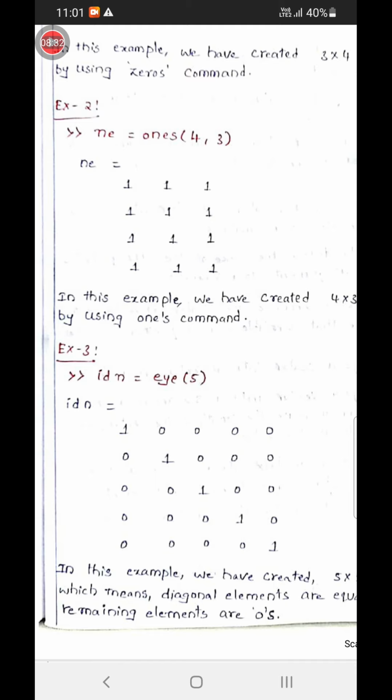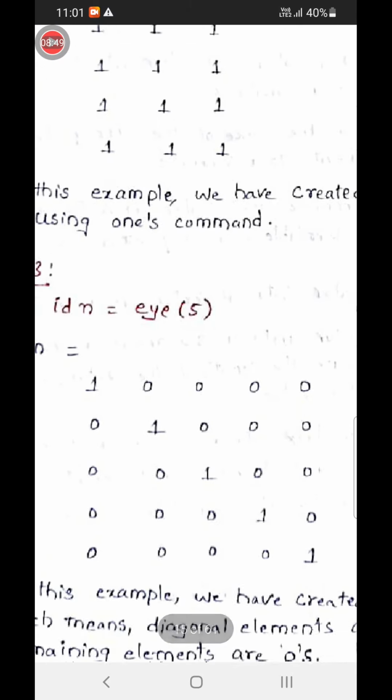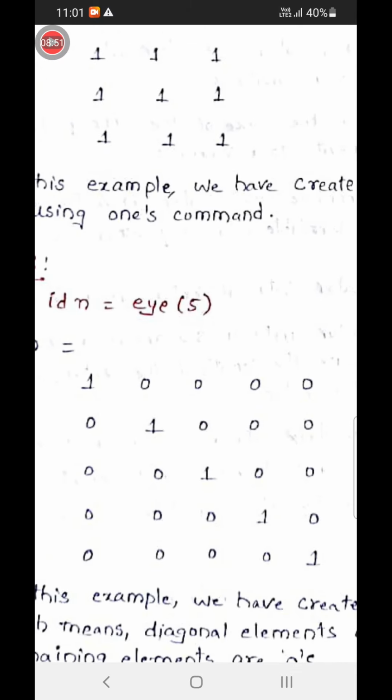We have given 5. It creates 5 rows and 5 columns, in which all the diagonal elements are ones and the rest of the elements are zeros. You can see here. In the first row, the first element is 1 and the rest of the elements are 0.